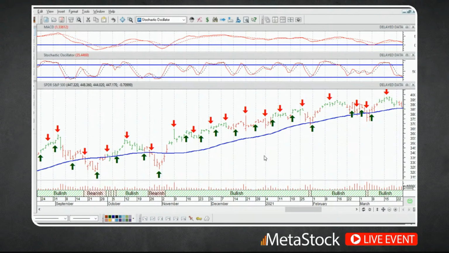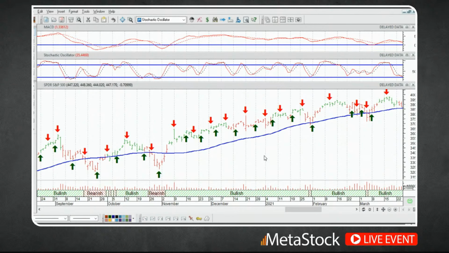And as you can see now, we've got two different criteria here. Criteria number one is the closing price is above its moving average. And criteria number two is that the stochastic is crossing up above its moving average. Now, the problem at this point is that if I click on OK, this message is saying, I don't understand what you're trying to do here, because we're asking the program two different things, and it wants to know how we possibly want to combine these, if we want to make them inclusive or exclusive or whatever the case may be. But in this case, I want to make sure that both of these are true.